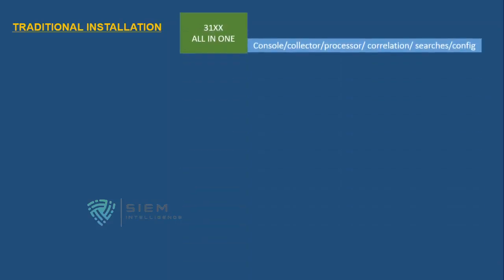First and foremost, there is something called 31XX, that is all-in-one with a distributed environment option. Over here, the 31XX can handle console, event and flow collection, event and flow processor, correlation, searches, as well as configuration. These are the basic criteria of any QRadar application, where all of these can be done in one box. If you think there is so much pressure on this all-in-one box, you can distribute, you can cut from the collector till searches,